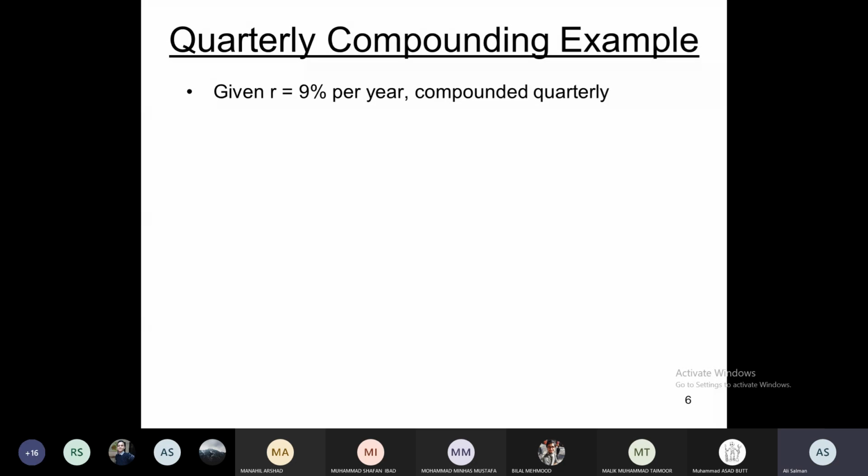Here it is compounded quarterly. So M should be equal to